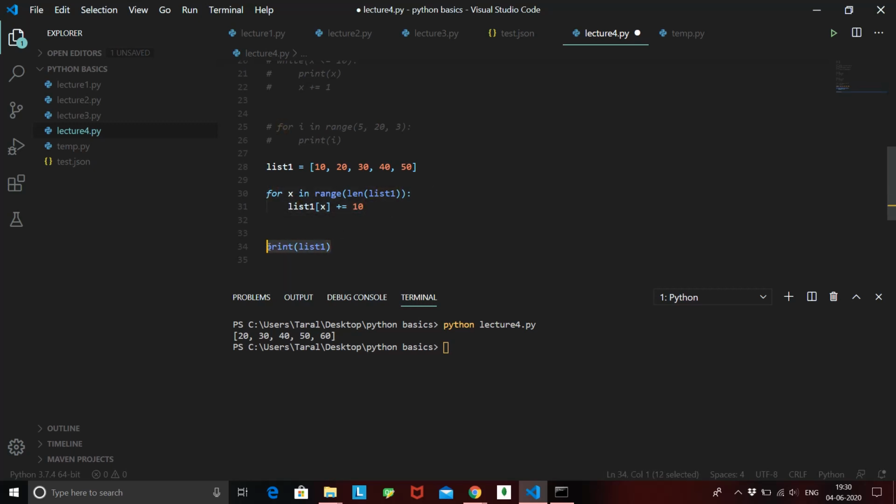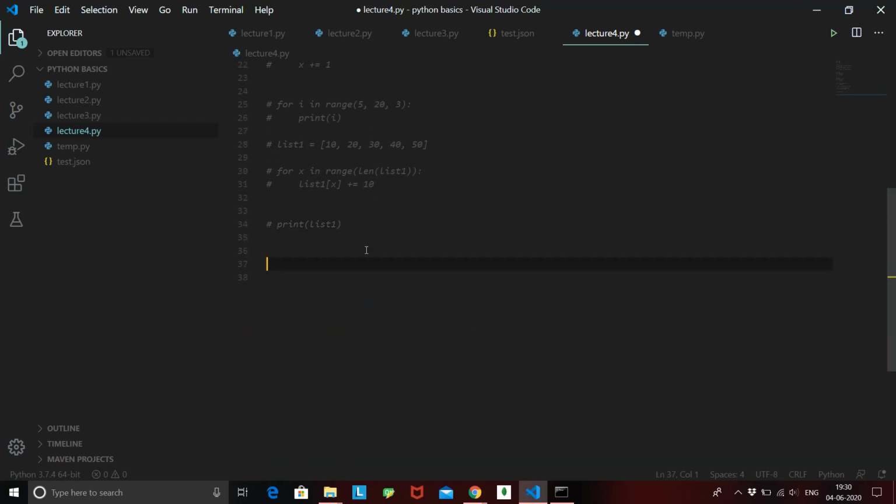Let's see how for loop works over a string. We saw that strings are nothing more than just arrays.